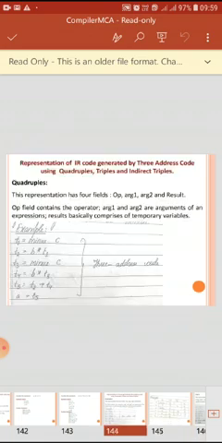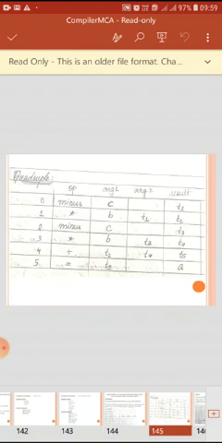Line number basically refers to the number of statements in the three address code. In total we have 6 statements, or 6 lines, in the intermediate representation.